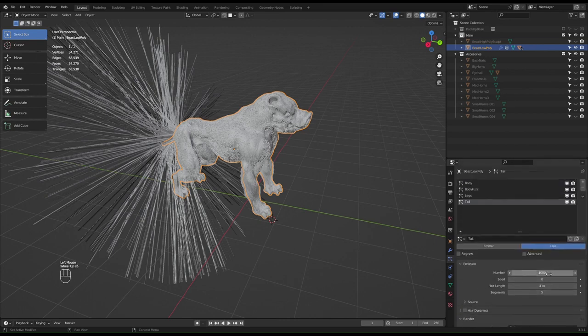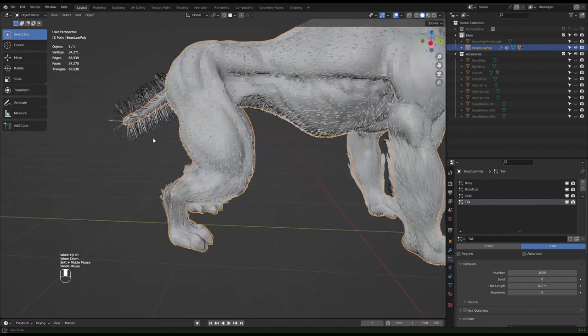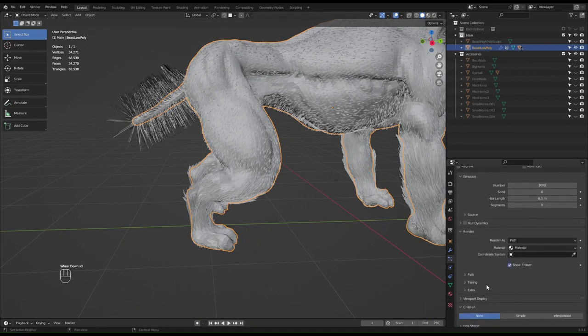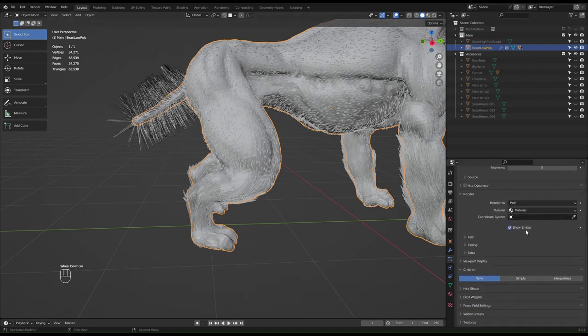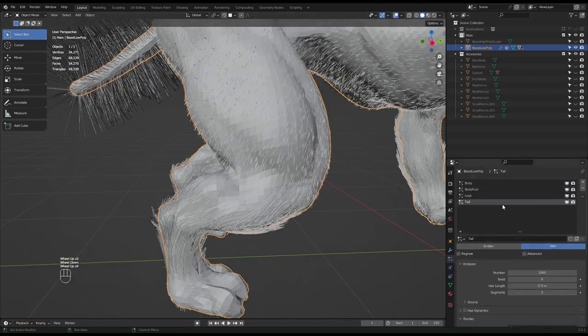Leave that, go back to the emission. Number of hairs, pretty much fine. The length is crazy, 0.2. Yeah, not really. Almost, not really. 0.4. Oh my word, that went crazy. Let's say 0.3. Yep, that's about it. And go to the rendering, that is fine. We do that later. And these numbers are very, say 500,